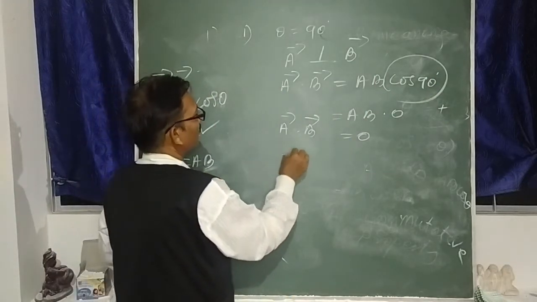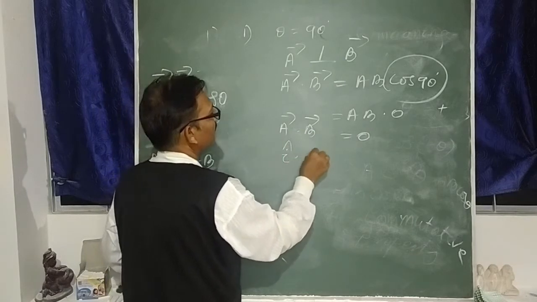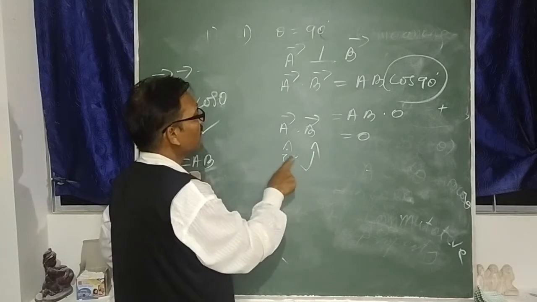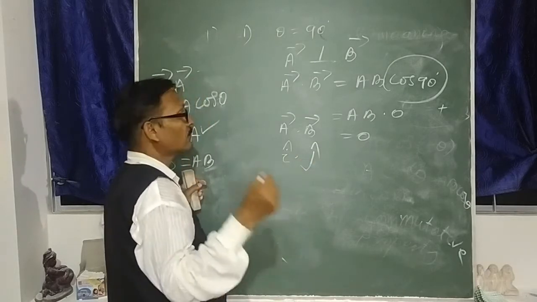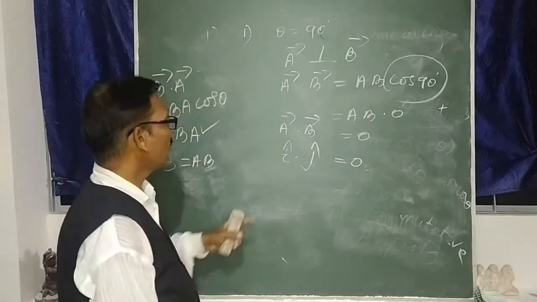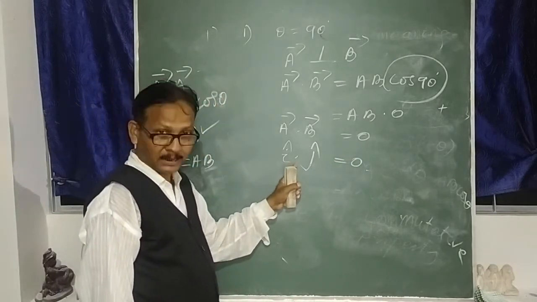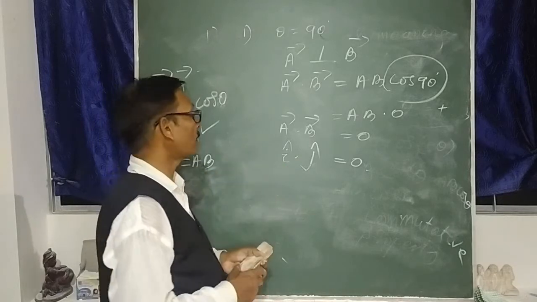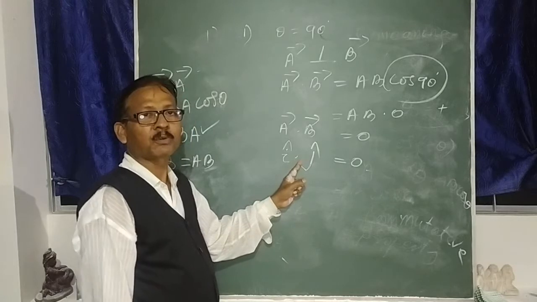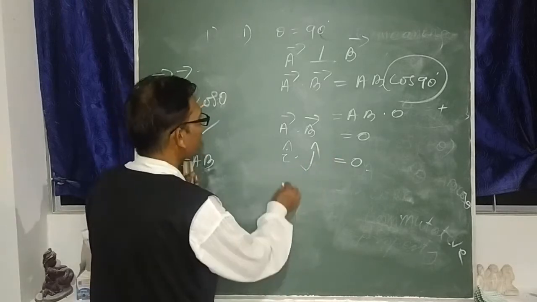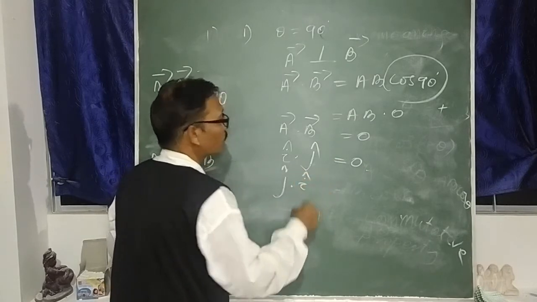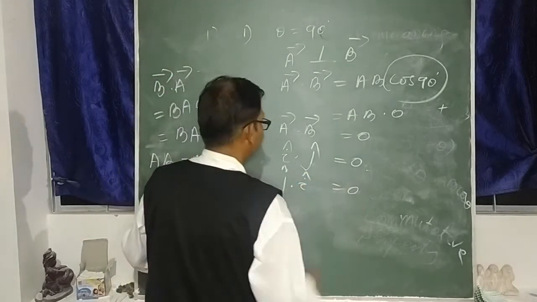Similarly you come to I cap dot J cap. X axis unit vector, Y axis unit vector, the angle between the x axis and y axis is 90 degrees, so this is equal to 0. If the angle between two vectors is 90 degrees, if they are perpendicular, then A dot B is equal to 0, or the scalar product of two vectors is equal to 0. Similarly you can write J dot I, this is equal to 0 by the commutative property.